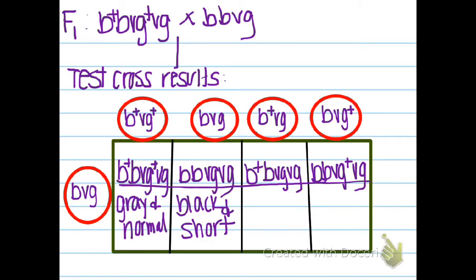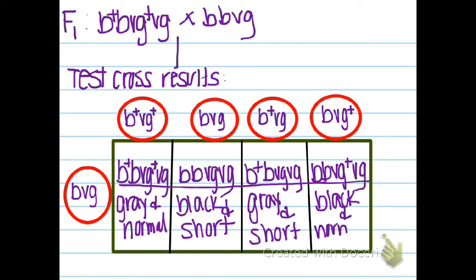The next type you get is gray and short. And the last type you get is black and normal winged. You are left with 965 gray and normal, 944 black and short winged, 206 gray and short, and